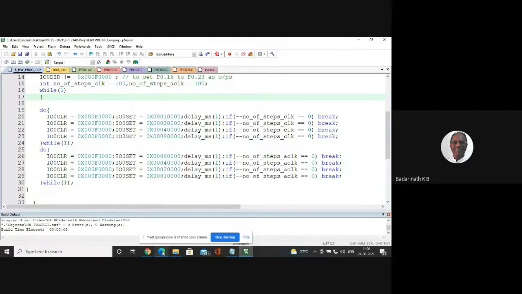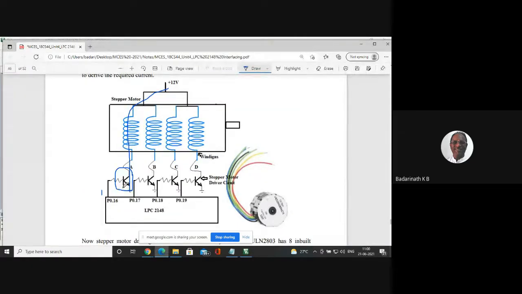Now each time, I want to energize one winding. What should I do? First I have to switch off all the other windings and energize only one winding. So in the beginning of the program, every time I make all these 4 points 00 first, by using the IO clear register, and apply 00 to these points. After applying 00, I will apply 1 to one of the windings, so that only one